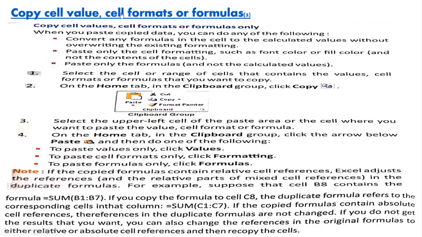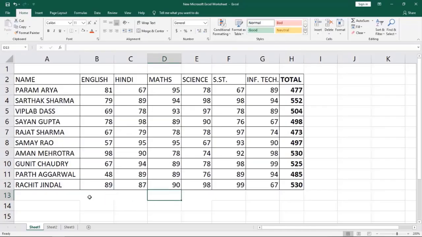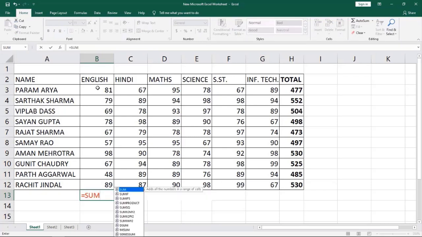Let's see an example. Here we have some data I've already written. Now first we have to give the equal to sign, then the function name sum, bracket open, select the cell or range of cells.